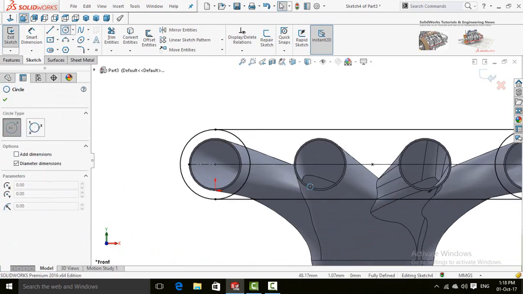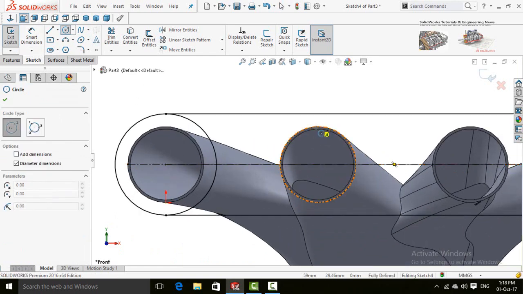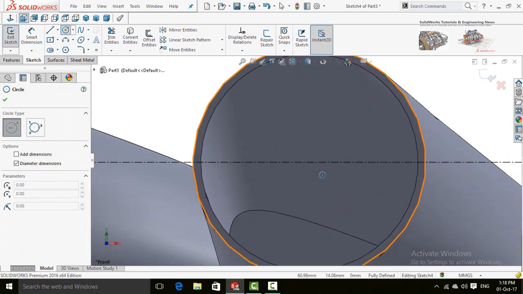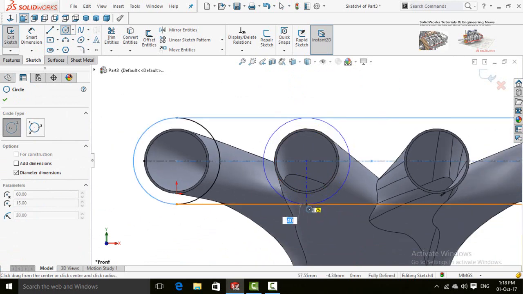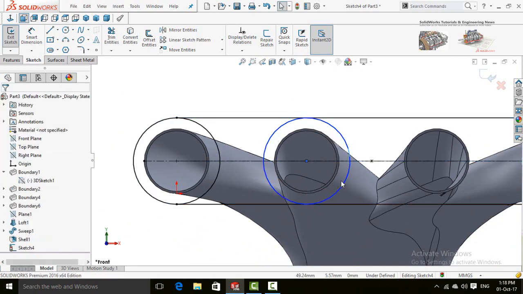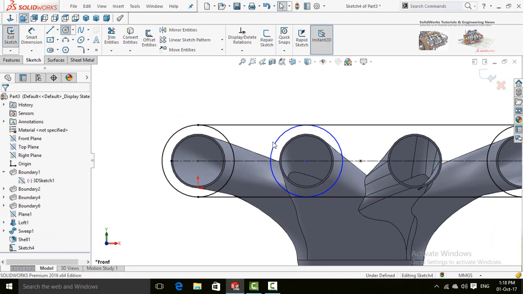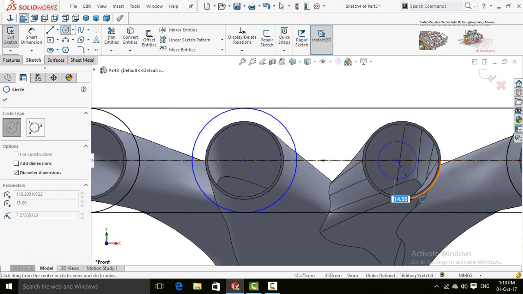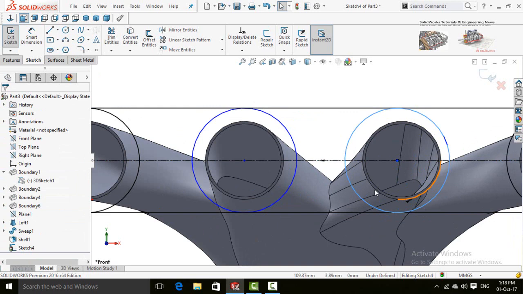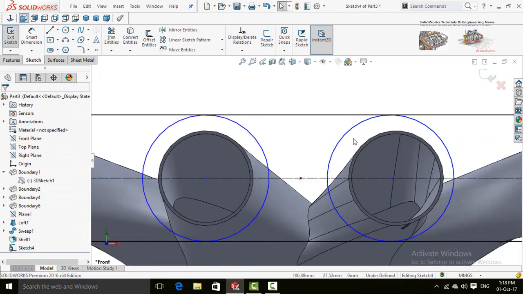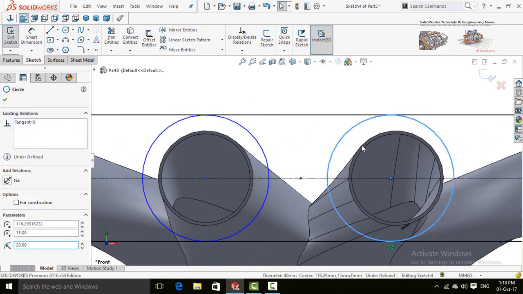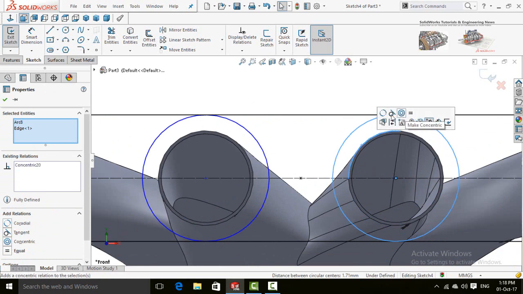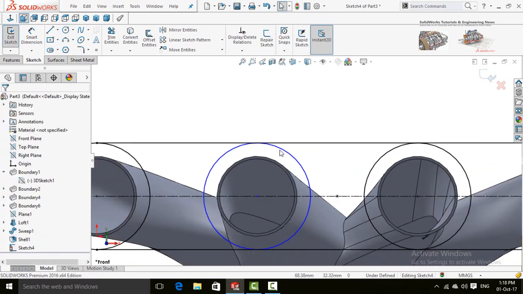Now draw a circle. Start it from here to this point. Similarly, another circle. Select this circle and this circle, make concentric. Same process for this, make concentric.